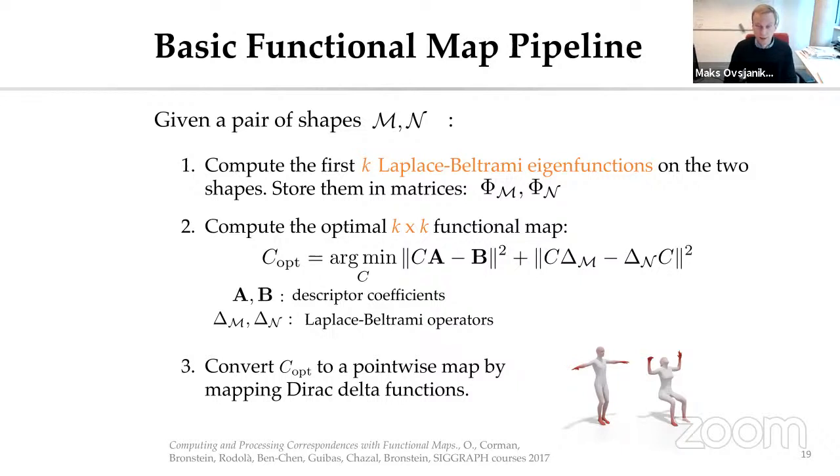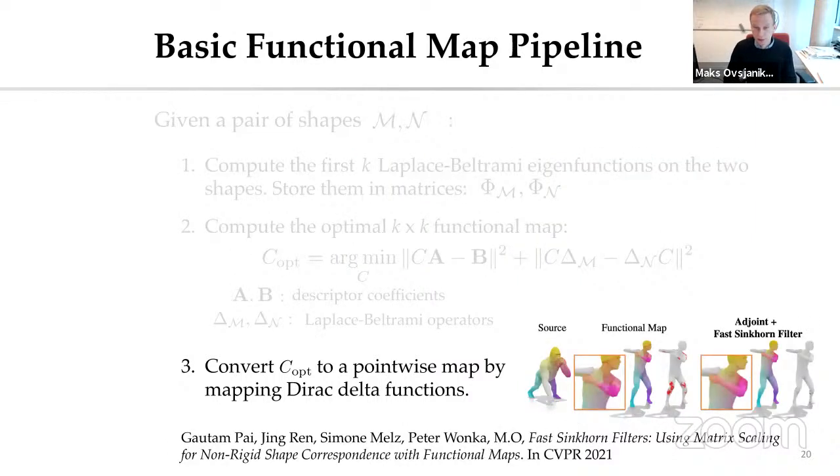One thing I wanted to say briefly is that this last step of converting a functional map to a point-to-point map actually took us a very long time to find the right formalism. There's a paper that came out at this year's CVPR where we describe the theoretically correct way of converting functional maps to point-to-point maps. And we also make a link to optimal transport in spectral methods. So this is just a reference. I won't go into detail, but now finally we actually know properly how to do this. So that's the small aside.